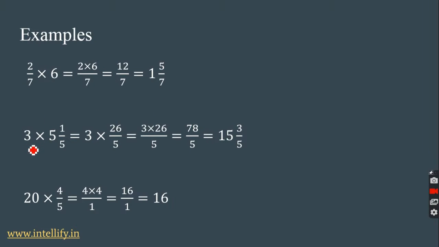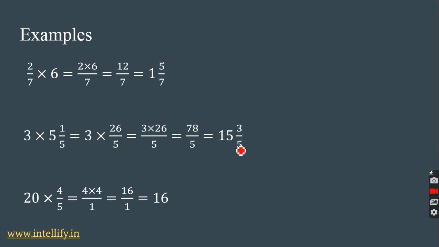Another example over here, 3 into 5 1/5. So we need to first turn this mixed fraction to improper fraction, क्योंकि mixed fraction form में हम लोग इसे multiply नहीं कर सकते. So 5 1/5 is 5 into 5 is 25 plus 1 26/5. Now once again checking if we can reduce the denominators and the whole number. So we have 3 and 5, so we can't reduce it any further. Going ahead with the multiplication, 3 into 26 is 78/5. Representing it in a mixed fraction, we get 15 3/5.